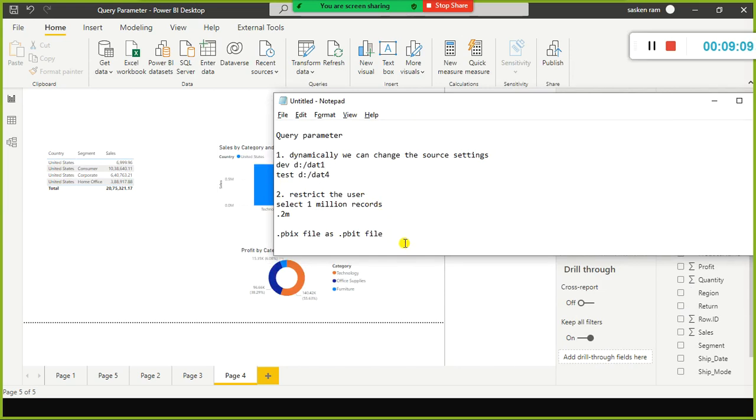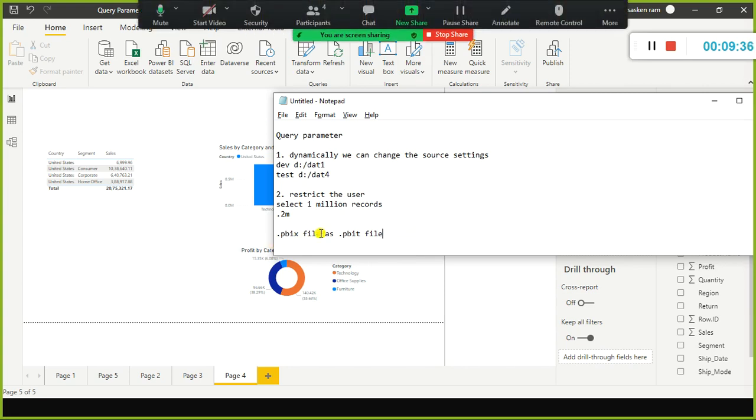Okay, fine. So why can't I share the PBIX file itself? If I share the PBIX file, what will happen? The user can view my parameter, and they can change the value of my parameter also. They can modify the parameter, they can do anything. There will not be any single point of control. I want to have a single point of control. Just think, the .pbix file I created is a master file.